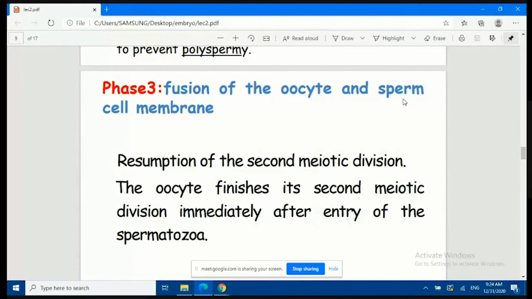Whenever the fusion happens. So there is resumption of the second meiotic division, and the oocyte finishes its second meiotic division immediately after the entry